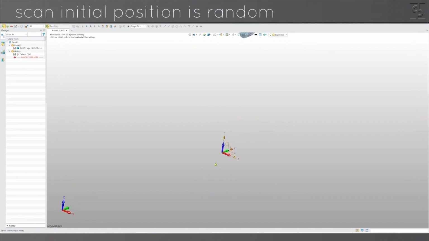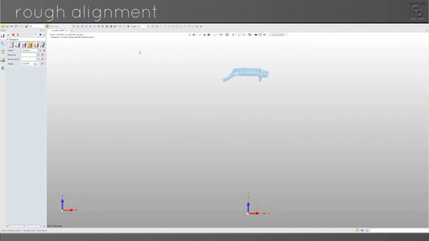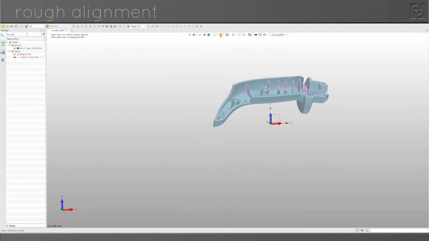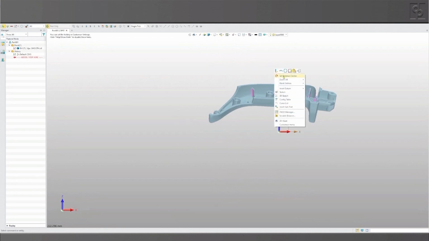Point cloud's imported, but it's not visible, and that's because it's got an almost randomly created zero position. So the first thing I want to do is line that part up meaningfully with the construction axis in the CAD system. The first step I'm going to take is just to roughly get it somewhere near so that I can see both the scan and the axis,